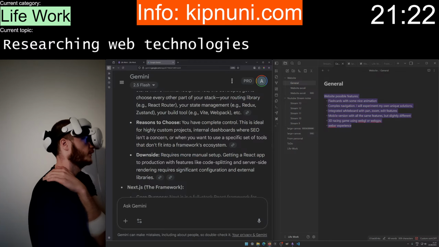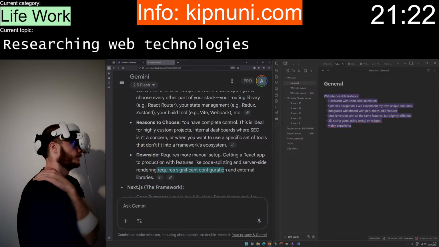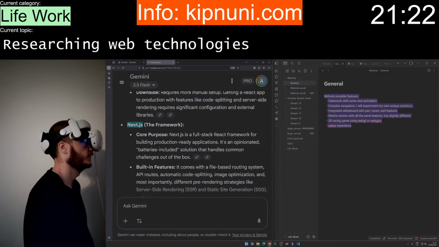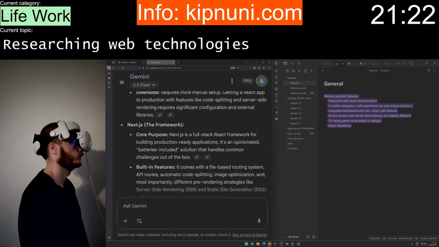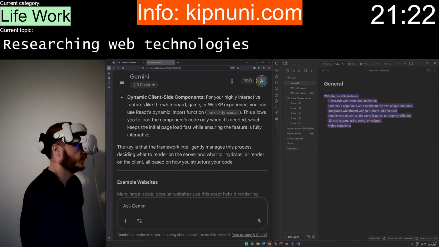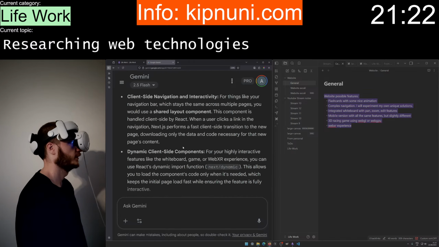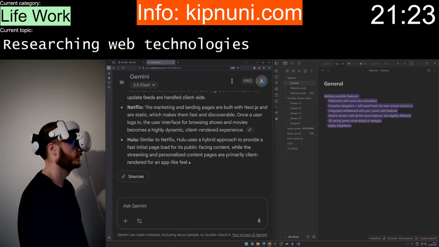Requires more manual setup. Code splitting, server-side rendering. If I chose Next.js, I could just use client-side rendering for most parts.